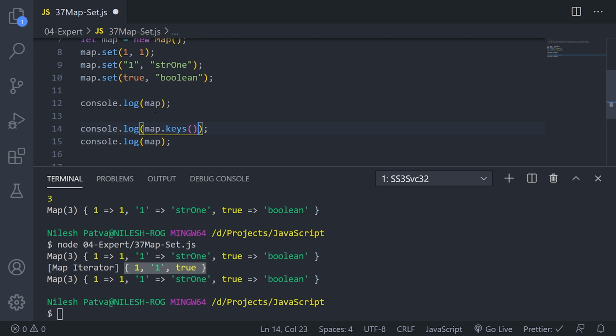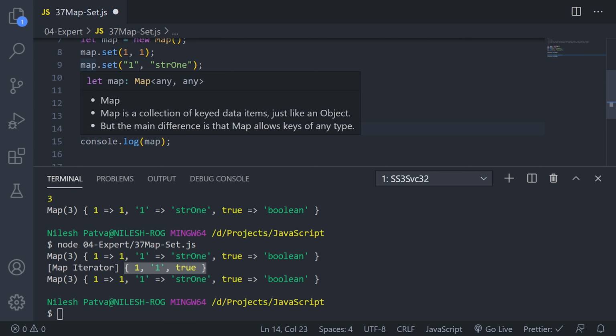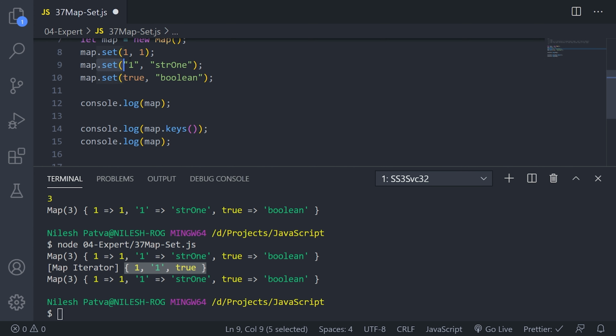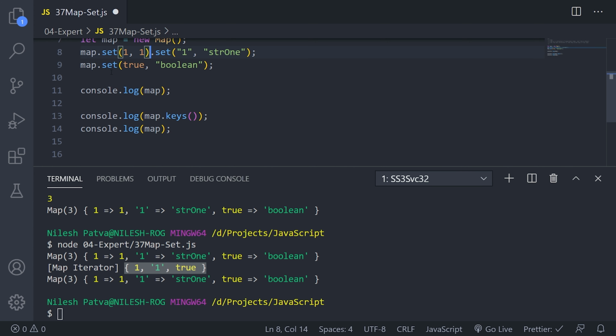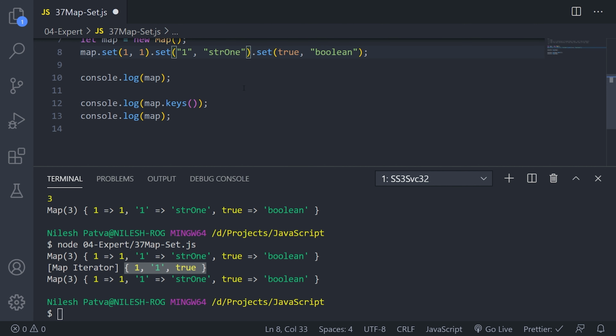Basically, map methods are chainable. So whatever I am setting here are individual, right? So I can do this. If you have seen jQuery, we can write something like this: map then set. This method returns me the map itself, and I can again set, and I can go on as many entries as I want. If I run this, it will give me the same output. Correct. So that is how it is chainable.